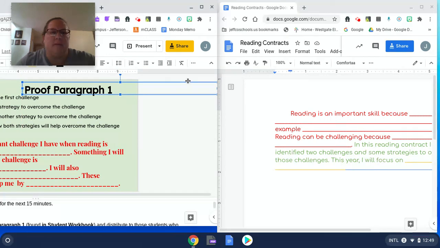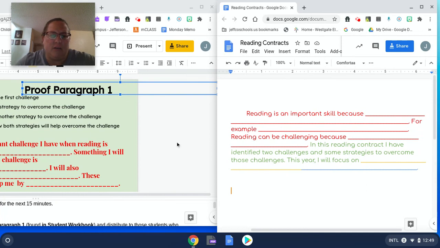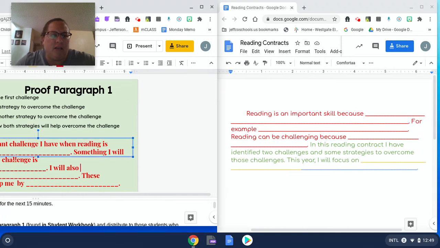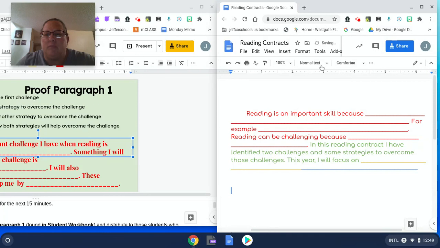Okay, so now I have right here, I want to be writing, and right here is where I want to see. So it says the most significant challenge I have when reading is blank. So what is my proof one? I'm going to type that in there, okay? I'm going to go ahead and type that where I want it, okay? And I'm going to make sure, okay? And I'm going to say in here that